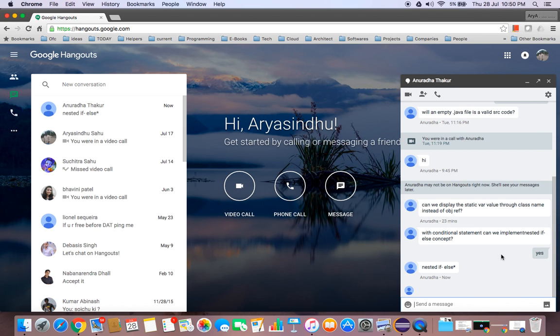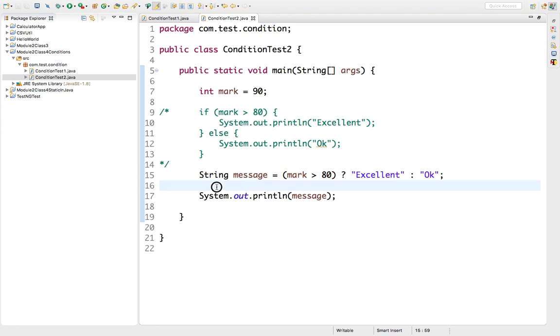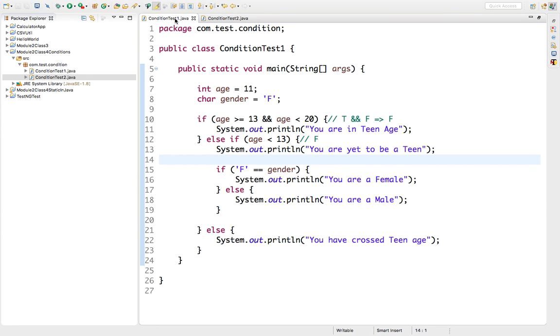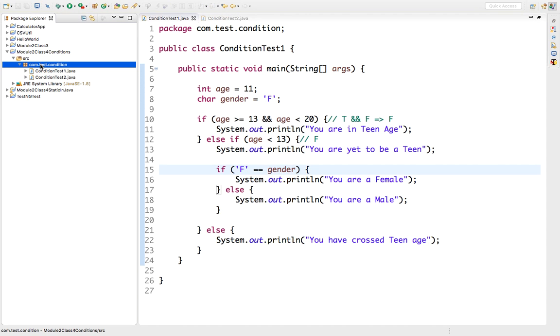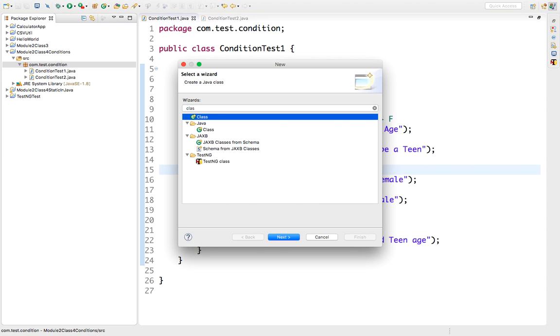Okay, let me show you how we can do it with conditional statements, like second level, two level. We had this example, right? Here we used to check these two conditions. The first condition is if age is less than 13, then do these things. Then we are checking if gender is equal to F. Let's do the same thing over here. Let's make a class, class 3,